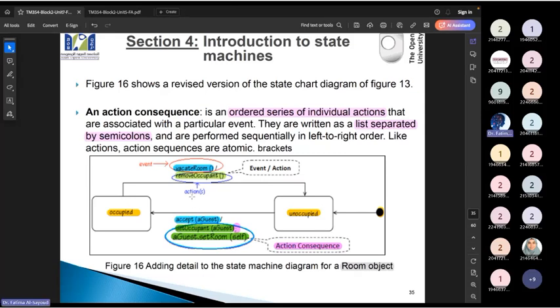What we need to show now is that whenever this event happens, there is an action. For every action there is a reaction. So what is the action? It is the green one. I'm going to have a slash and then I'm going to represent the action. So how many actions do I have here? I have two actions. How do we represent more than one action? We're going to use a semicolon.